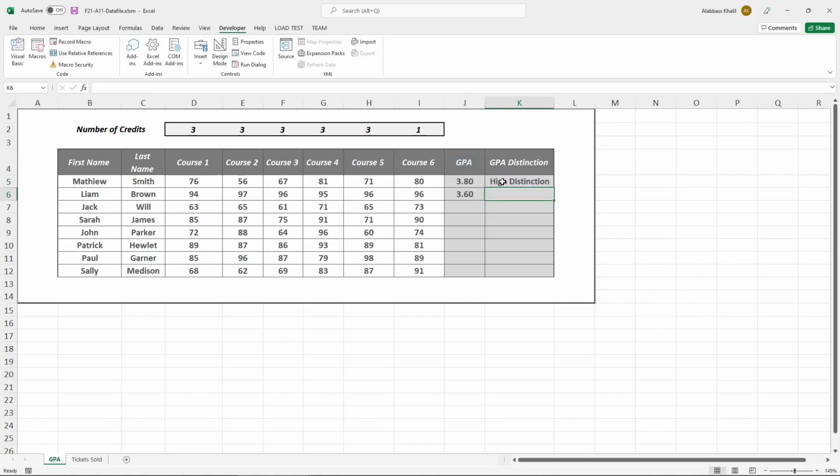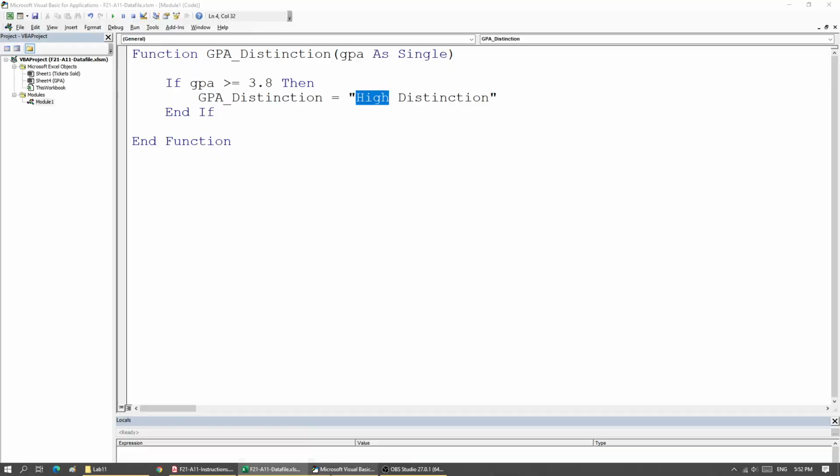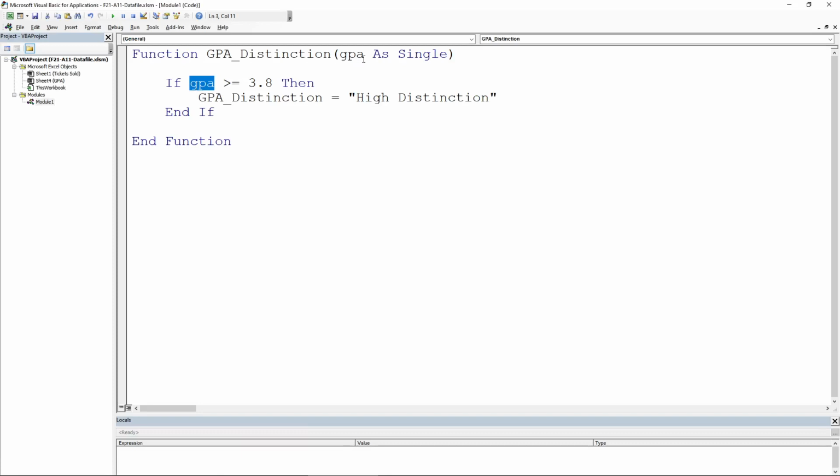It says high distinction. Why? I gave it J5, which is 3.8. It went into my code, and 3.8 got put here. Is 3.8 greater than or equal to 3.8? Yes, it is. So I get high distinction